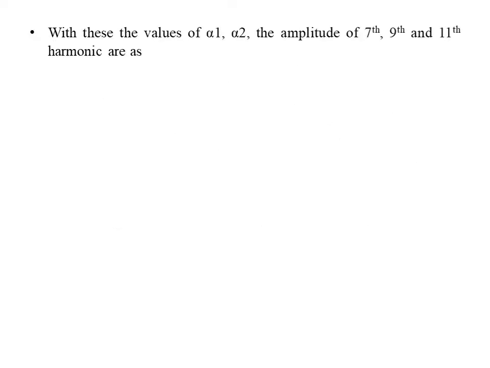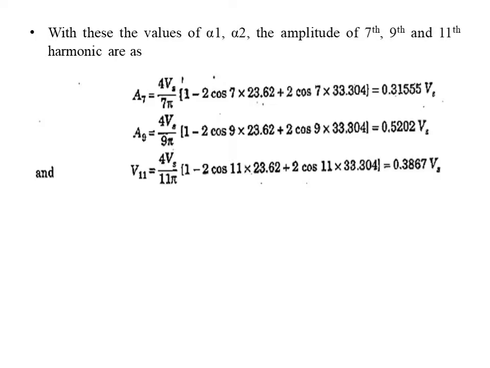With these values of alpha 1 and alpha 2, the amplitudes of the 7th order, ninth order and 11th order harmonics can be obtained as A7 is equal to 4 Vs divided by 7 pi into 1 minus 2 cos 7 multiplied by 23.62 degrees plus 2 cos 7 multiplied by 33.304 degrees, which will give you